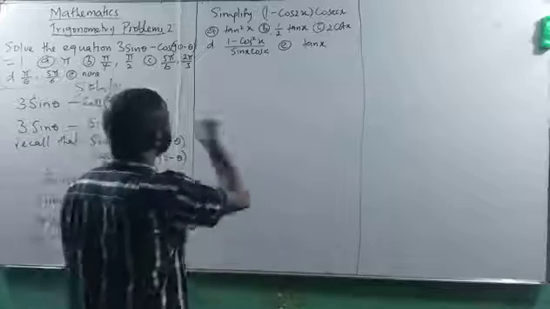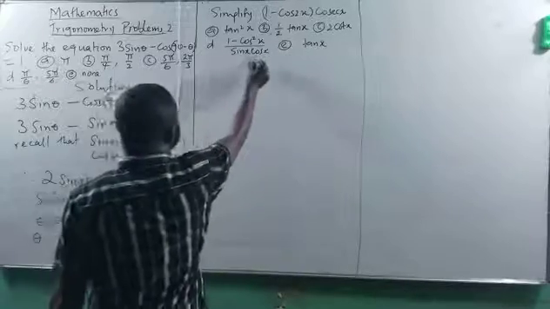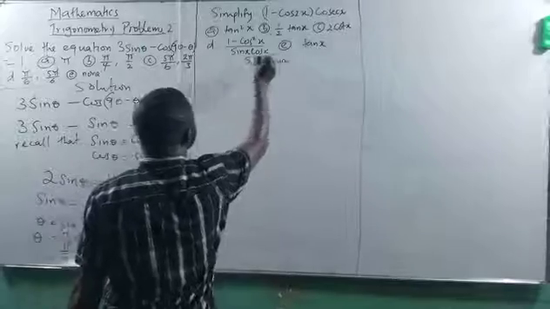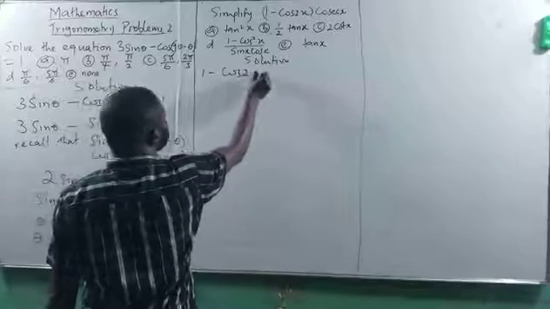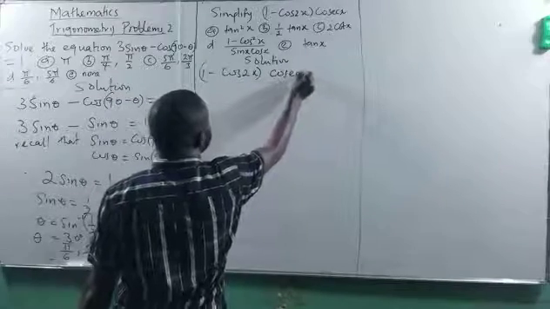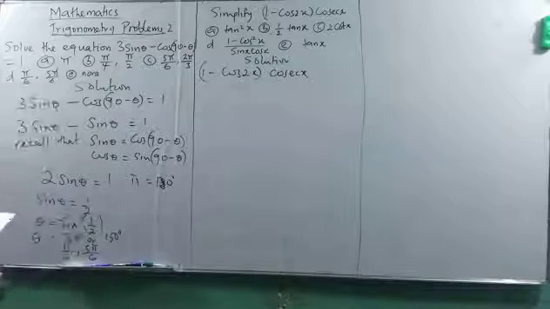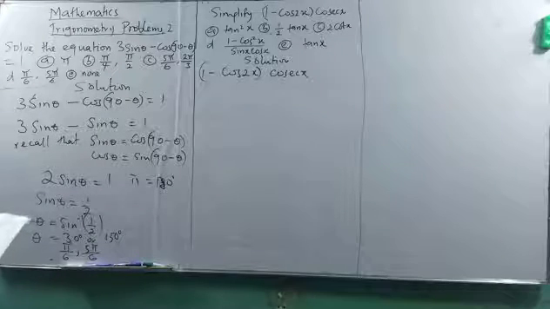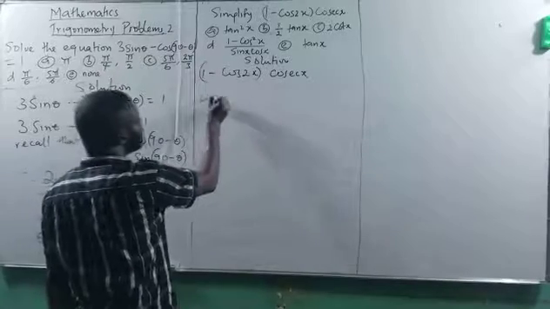I have this question here. Simplify that, just to simplify, it's a very simple question. Now, 1 minus cos 2x, bracket, cosec x. Now, when I have something like this, you should know that the only problem is cosec x and cos 2x